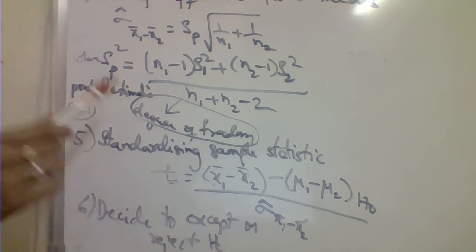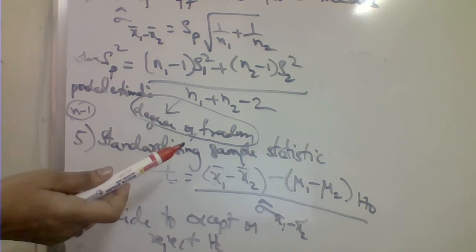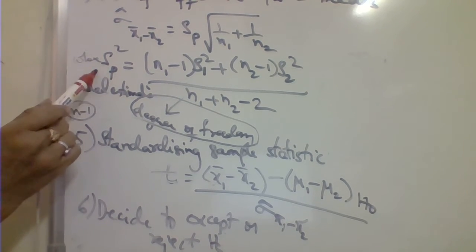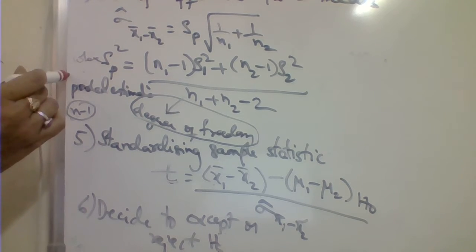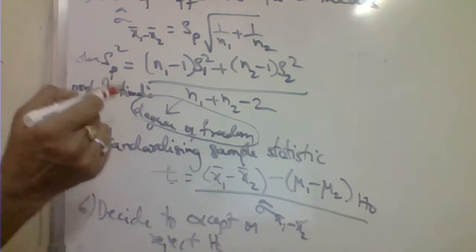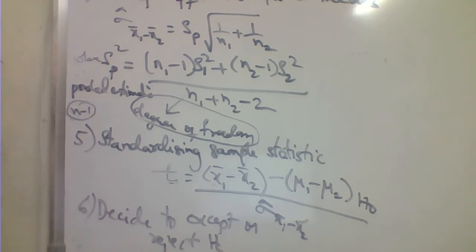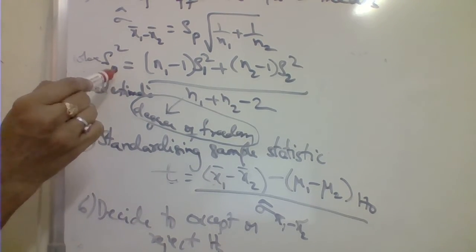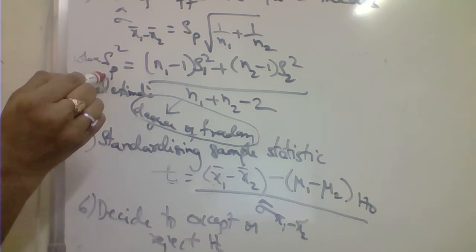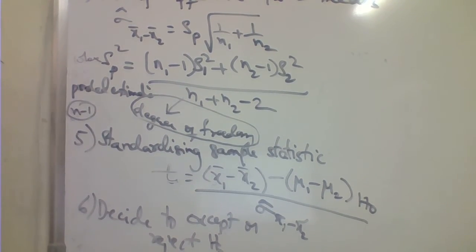This is the general procedure when they ask for hypothesis testing of two samples that are small samples. The only difference is in the standard error. Yesterday we used the formula where the standard error is root of sigma1 square by n1 plus sigma2 square by n2. Only that was the difference between the previous method and this method. Here, first find Sp square, take the square root to get Sp, find this standard error, and standardize the sample statistic.